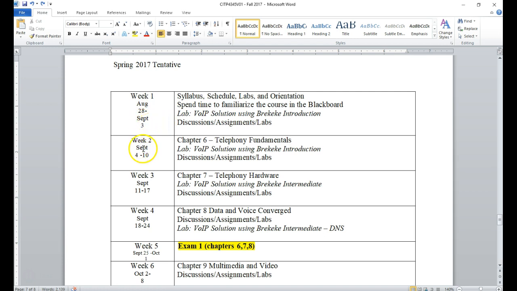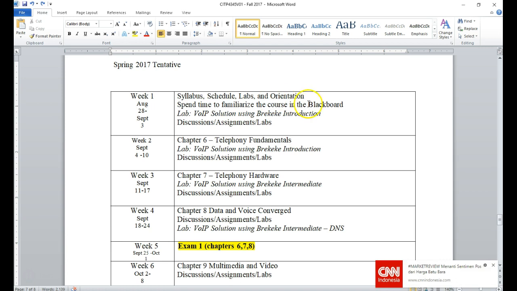The second week starts on September 4th, Monday, and finishes on the following Sunday, the 10th, at midnight, and so on. So the class is organized on a weekly basis. For example, in the first week of class, make sure that you go over the syllabus and the schedules, and purchase the class material, for example, the textbooks, as well as the